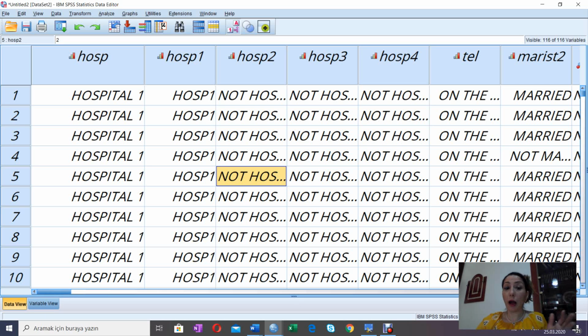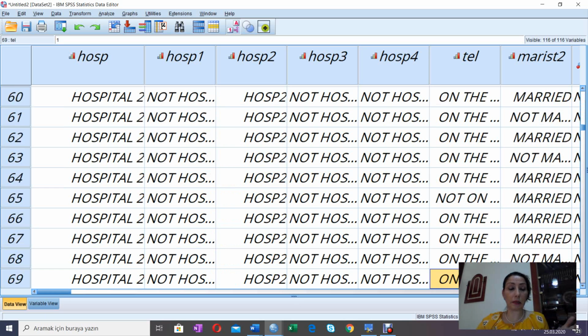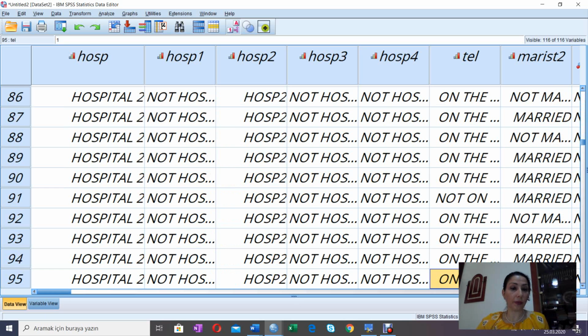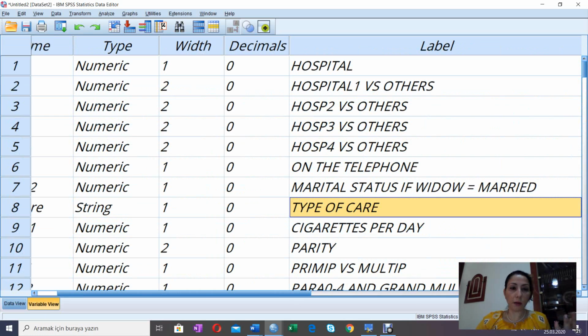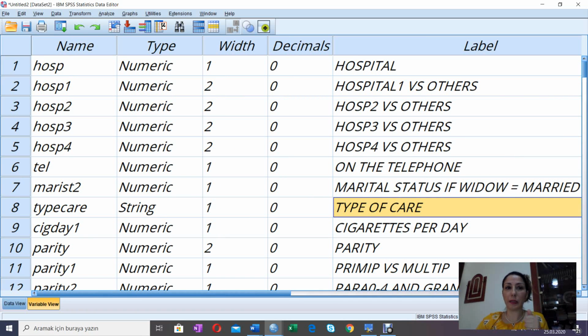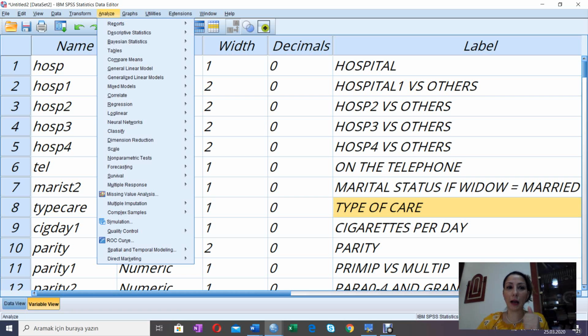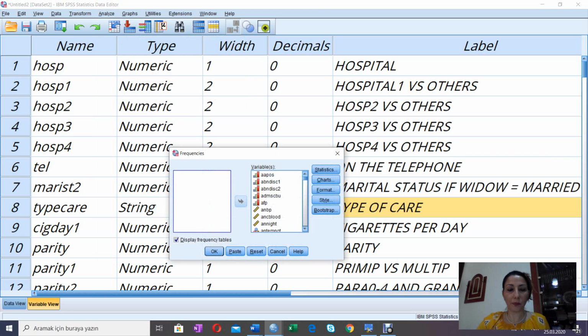Okay, so how many patients do I have in this hospital dataset? And how many variables do I have? What can I do for this? The easiest thing to explore a dataset is to analyze descriptive statistics, frequencies, and